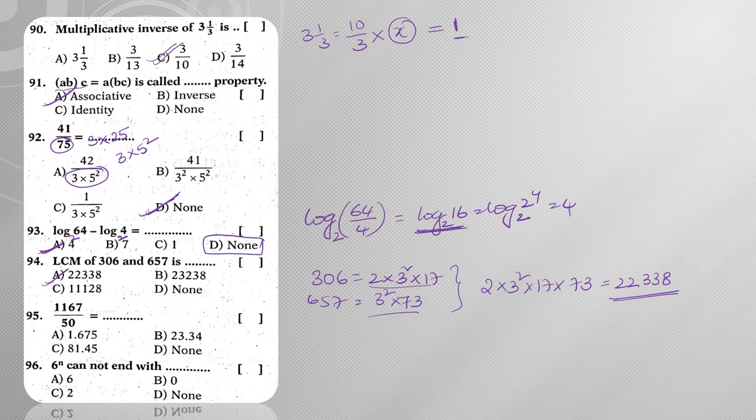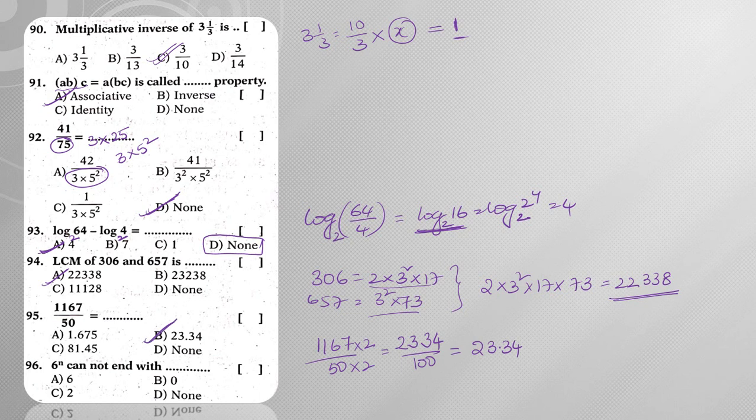Next, question number 95. If you observe it carefully, 1167 divided by 50. Now when you multiply and divide with 2, then I am going to have 100 in the denominator. Then this becomes 7 2s are 14, 1 is carried, 6 2s are 12, plus 1 is 13, 1 is carried again, 2 1s are 2, plus 1 is 3, and 2 1s are 2. So 2334 by 100. 100 means we will get 2 decimal places after the decimal point, so 23.34. Hence option B will be my answer.